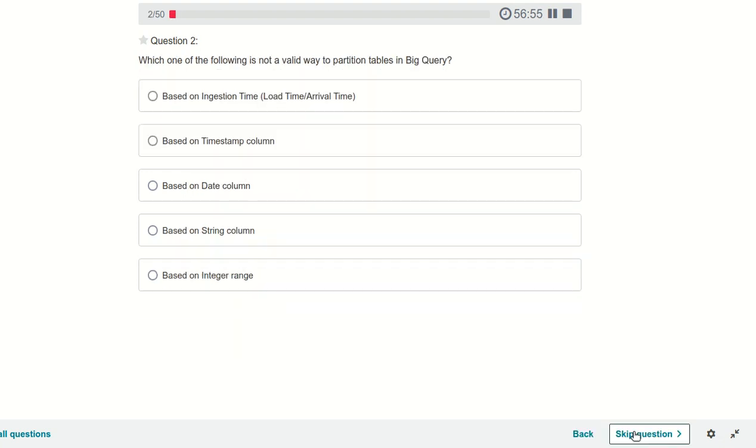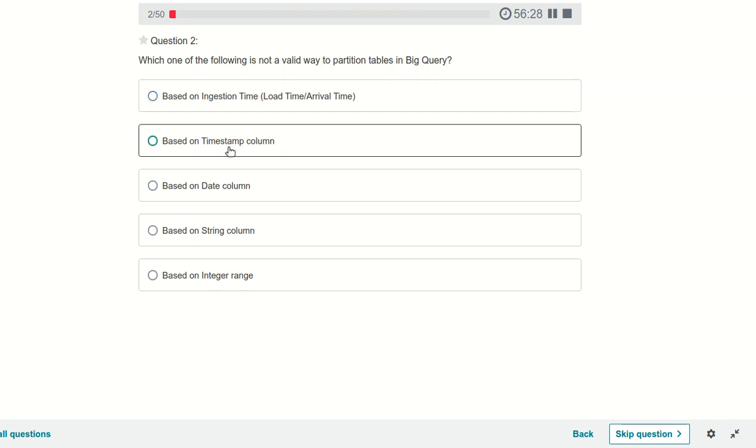Next question. Which one of the following is not a valid way to partition tables in BigQuery? So they told that we need to perform partition in the table, but what is a valid way and what is not a valid way? Generally when we do the partition, we do it on the basis of a timestamp, date or day timestamp. So based on ingestion time, that looks okay. We generally do the partition on the basis of time.